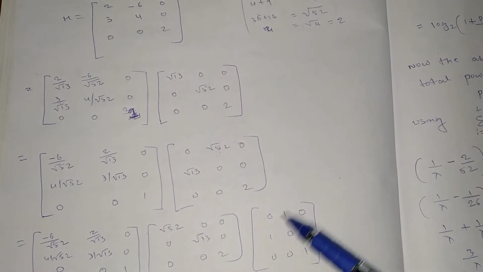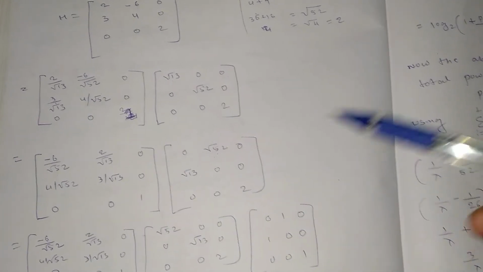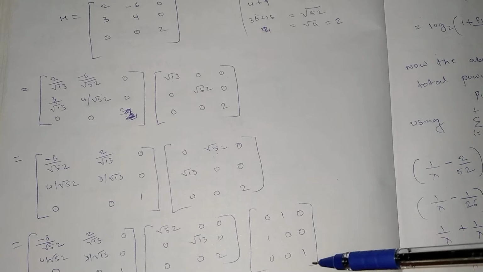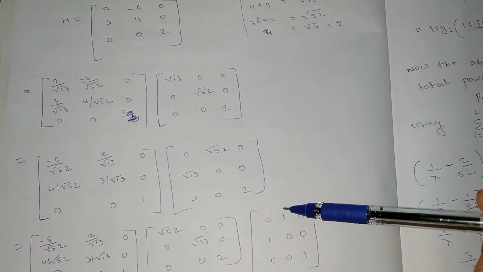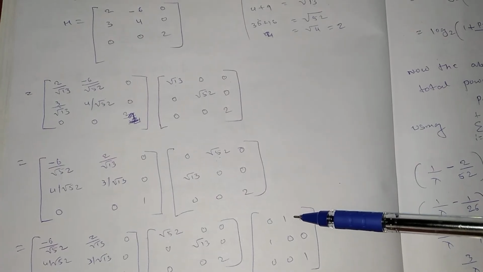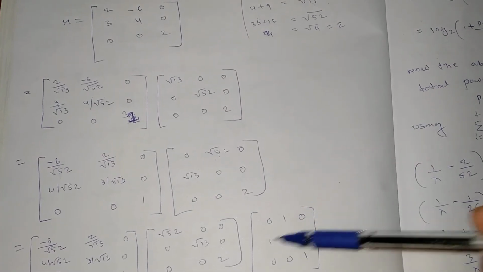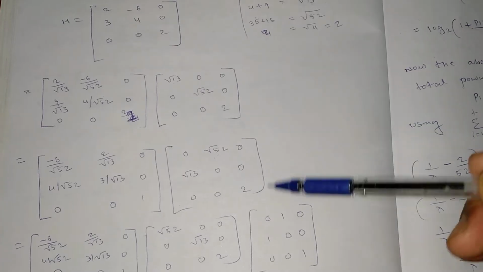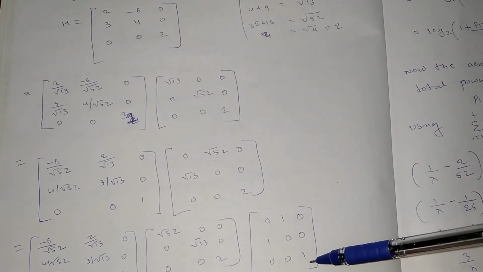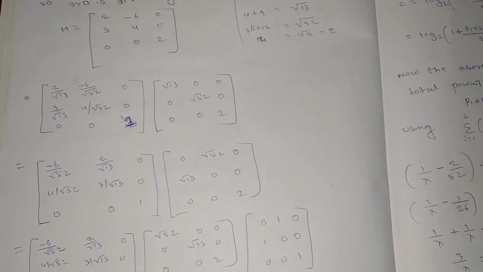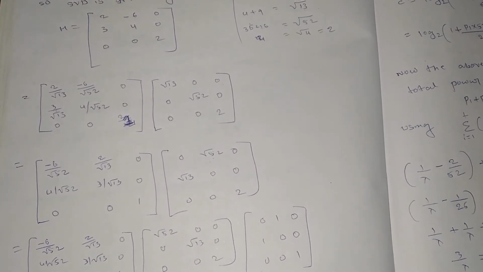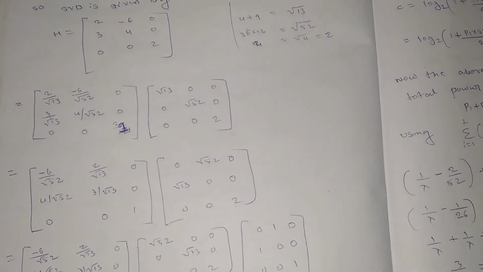Okay, so then what I want to do is, wherever there is a non-zero quantity just put it as 1, and wherever there is a zero quantity leave it as it is. So this is basically the identity multiplication. So 1 1 and 1, like this. If I multiply, then it will be in the form of H equal to U sigma V Hermitian. So V Hermitian matrix I have got now.